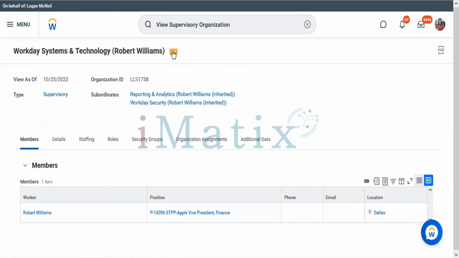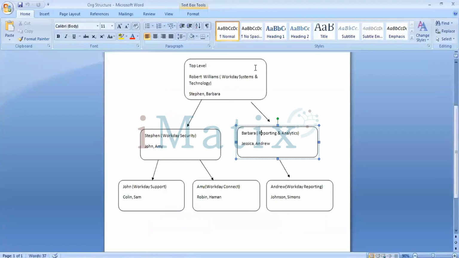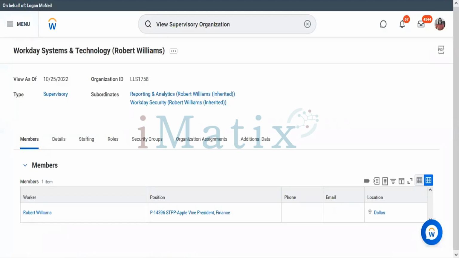Now what we have done here, we created 2 subordinate organizations as per this organization, but we need to have these 2 members hired under this supervisory organization, and then we'll make these 2 the managers for these 2 subordinate organizations. What is the step that we need to create before hiring? What we need to have before we hire an employee to the organization. We need a position. We need to have it before we hire an employee.